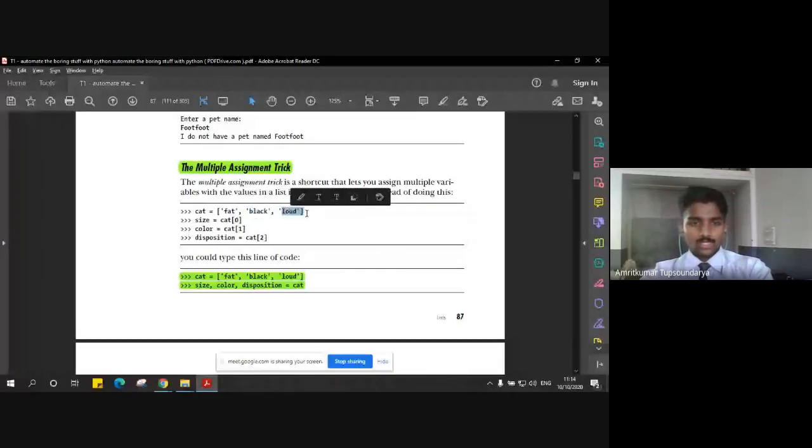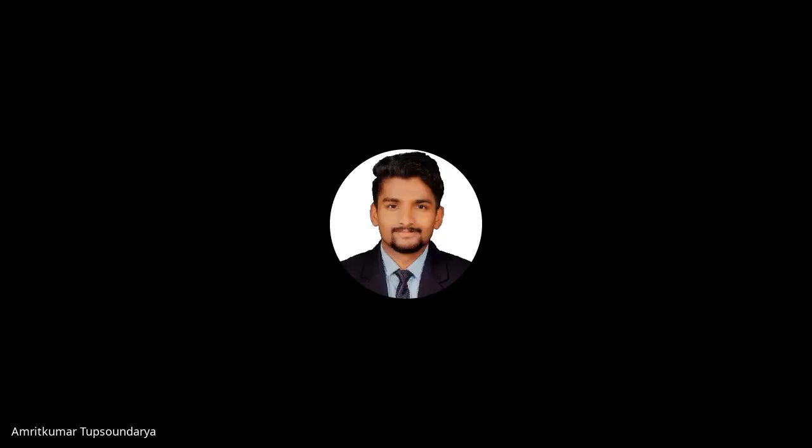Or you can say these are the list values or list items. Now we are making use of another variable called size, which is assigned the zeroth index of the list cat, right? And color is assigned the first index of cat.